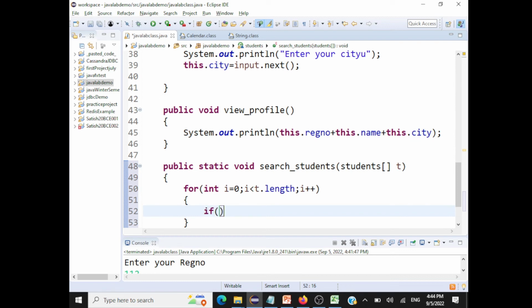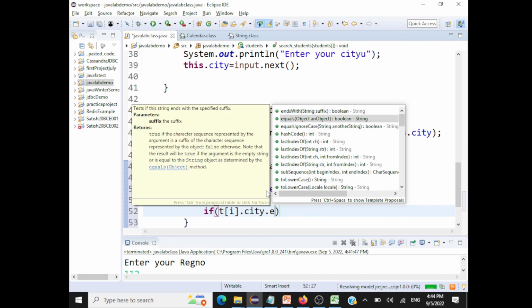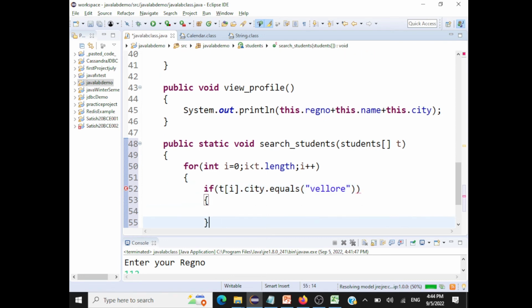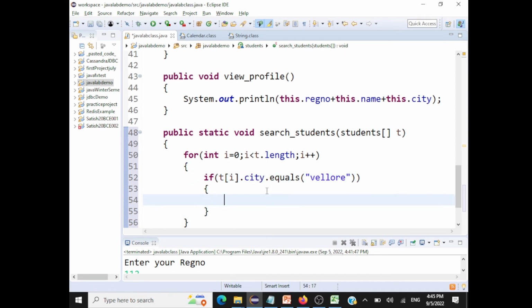What we are going to check here is if t of i dot address or city, here I have defined it as city, dot equals, so you are comparing strings here, dot equals Vellore. What I can do, I can print sys out t of i dot name,